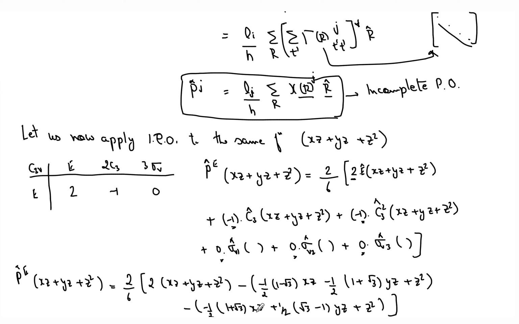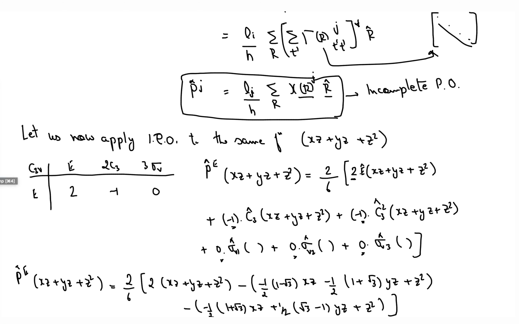So now if you solve this, what do you get? We will see that there are 2 xz over here, and what other xz are coming? You have minus half, minus half, and then you have minus root 3 and plus root 3, which cancel. So you will have minus half coming from here and minus half coming from here, so they will be adding up. So you will have 2xz from here and minus xz from here, right? So 1 xz will come. Okay.